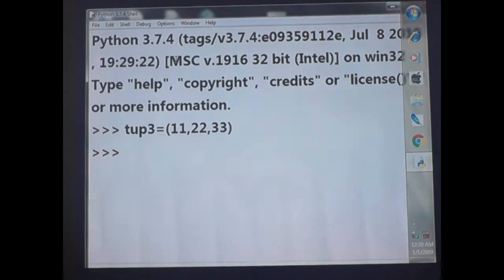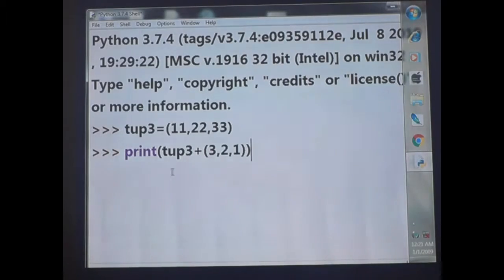Then print tup3 plus 3, 2, 1, within rounded brackets.